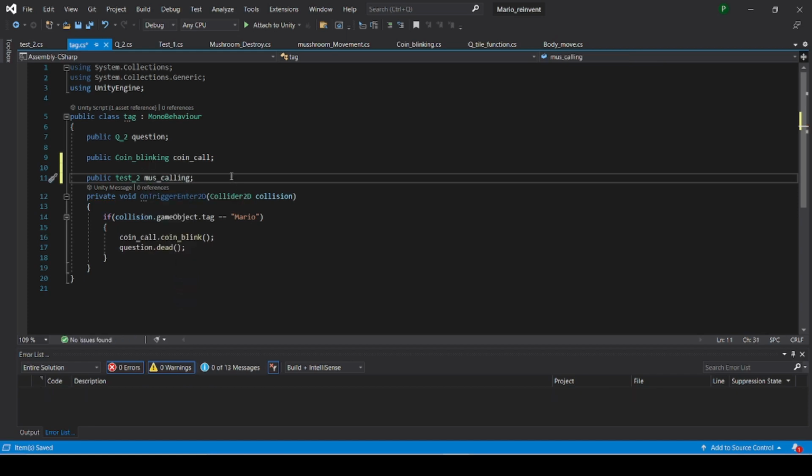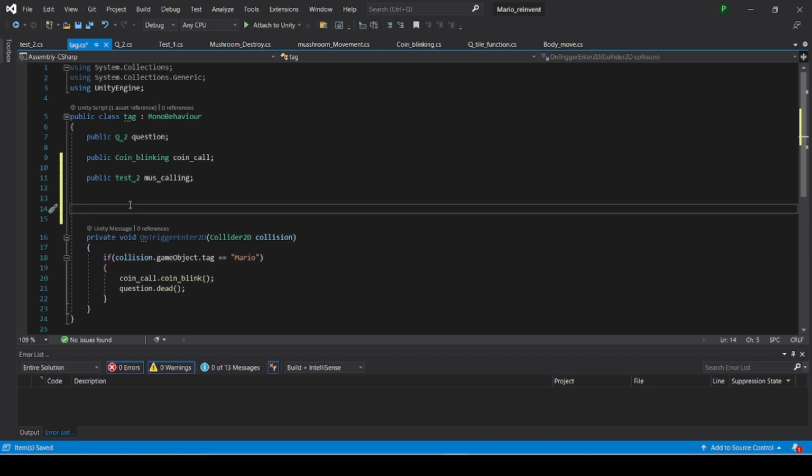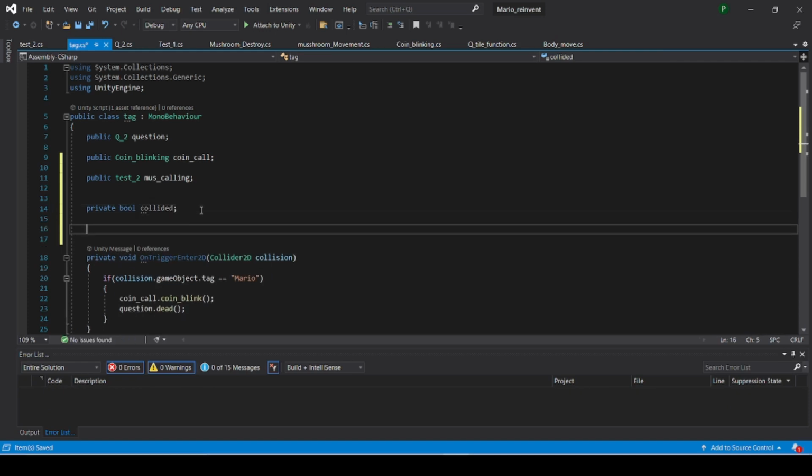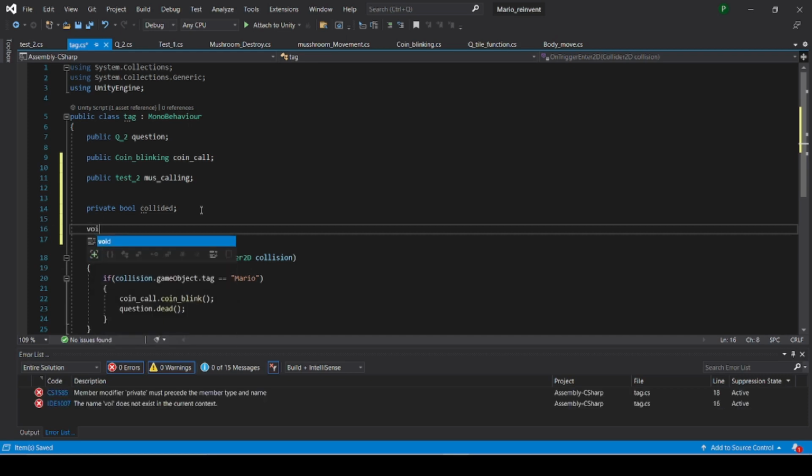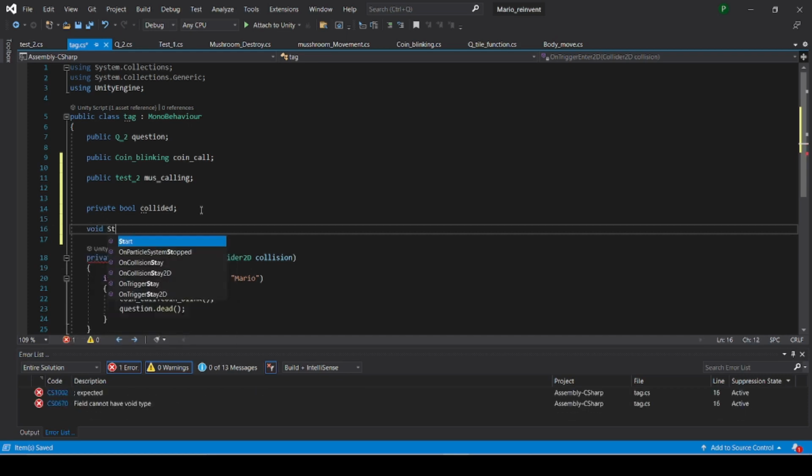Now here I'm going to declare a bool for collision, which is very necessary to access this collision. I am going to make it private bool collided, and here we're going to use our start and update function from now on. So here we're going to start.